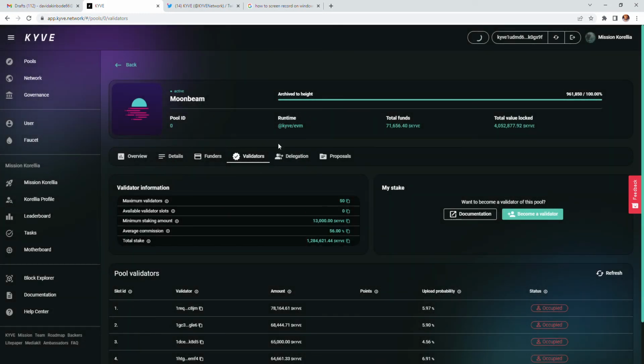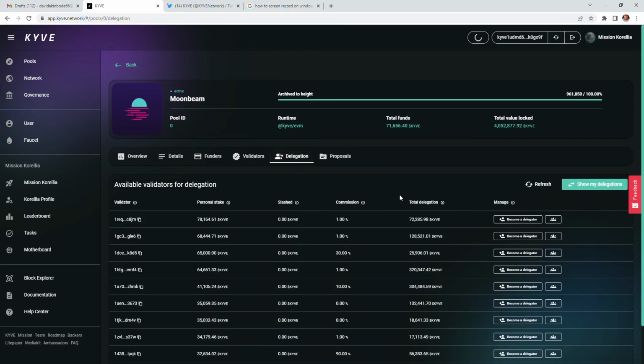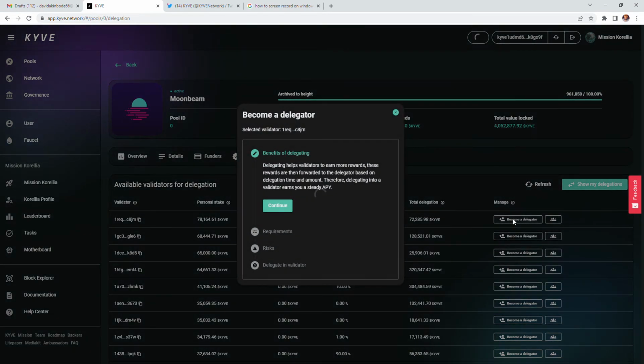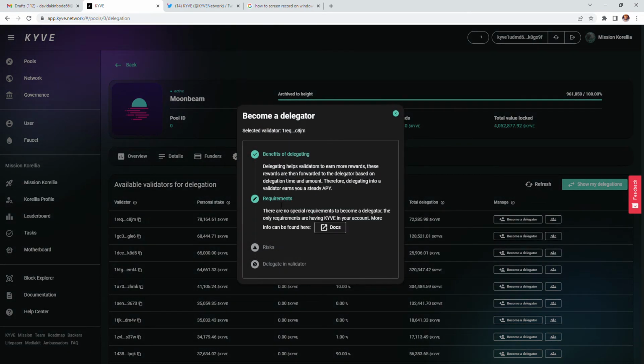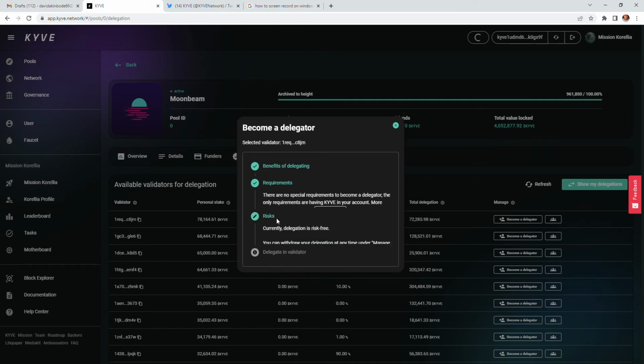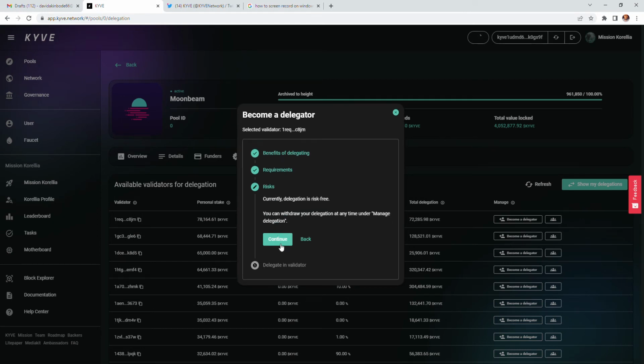And delegation, this is for those who want to delegate to a delegator. You understand? So you can become a delegator here for this particular delegator. So these are the requirements.